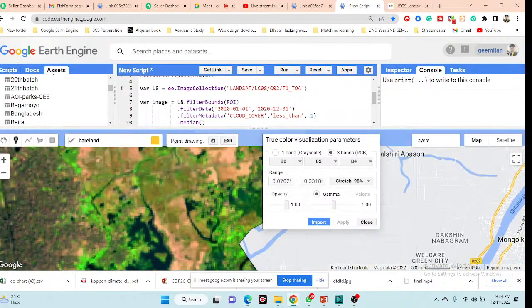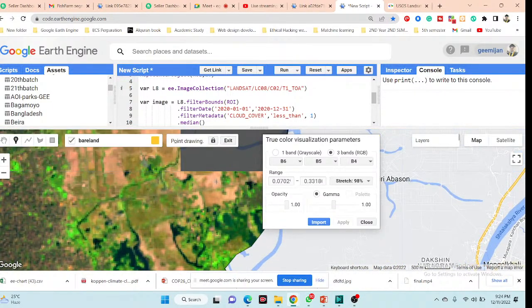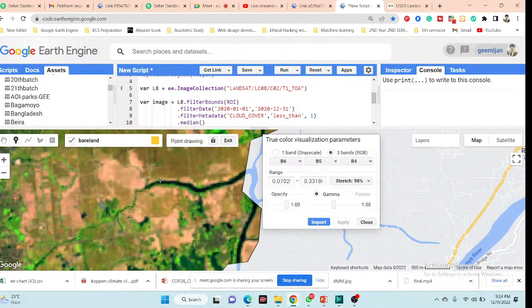Barren land we can easily identify as a brown color, this type of color. When I use this band combination, it shows the barren land or fallow land as this type of pink color, brown color. So I simply select the brown barren land and then